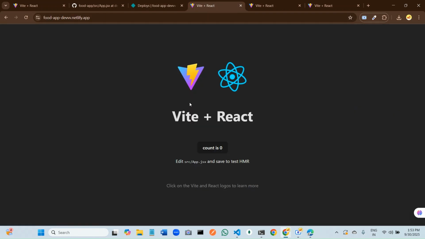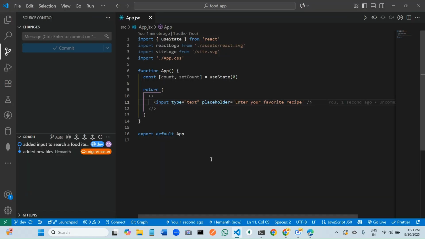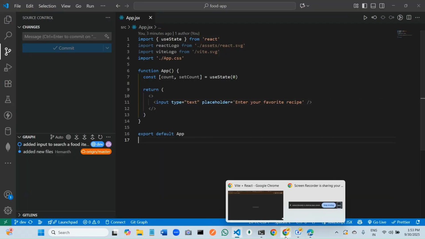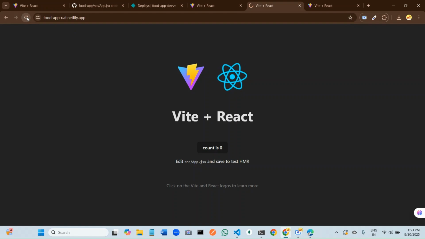Which is this one. As you can see, currently this content is not replaced with this content. Now, if I click on this refresh, just wait. As you can see, our content is successfully replaced with the input tag, which I have given inside our app.jsx file. Now, if I go to UAT, as you can see, even after clicking on refresh,